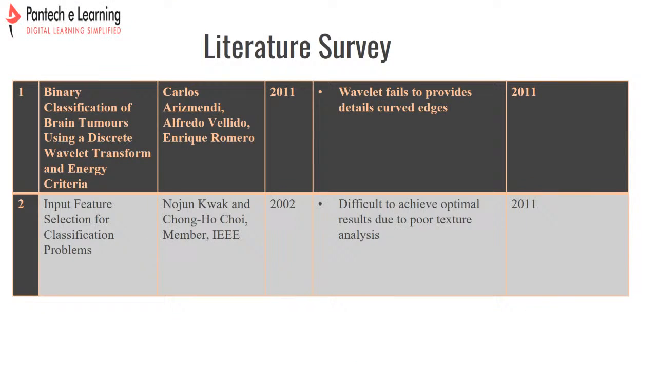So the literature survey, according to some of the previous papers. In this particular previous paper they were using wavelet transformation, and within this the wavelet function failed. And for another paper they have used a classification problem, and it is very difficult to achieve complete results due to poor texture analysis. They may have used the texture analysis in the form of k-means or only